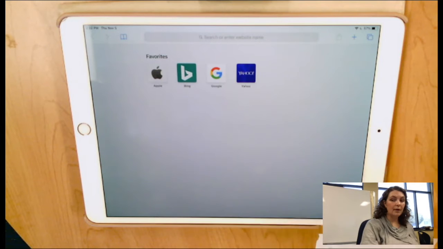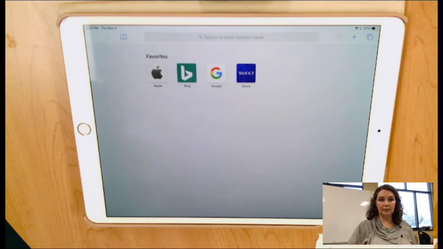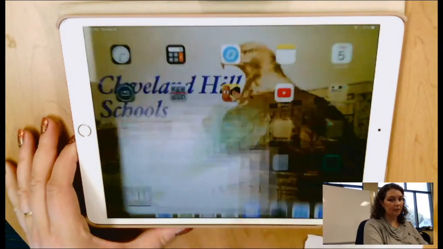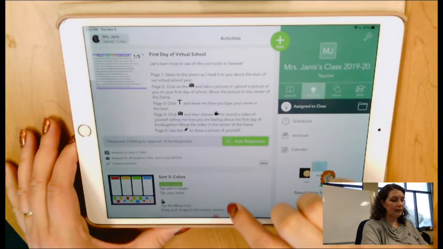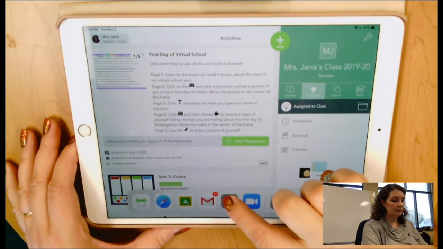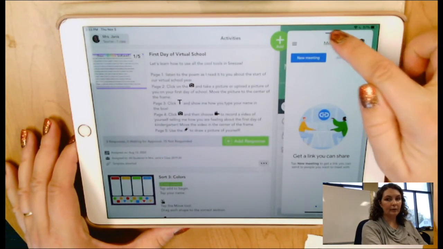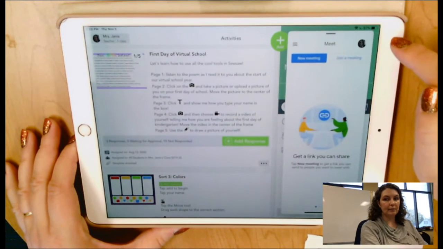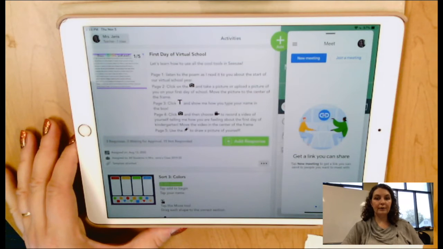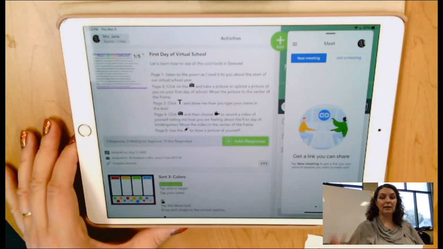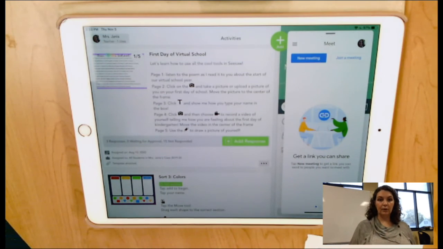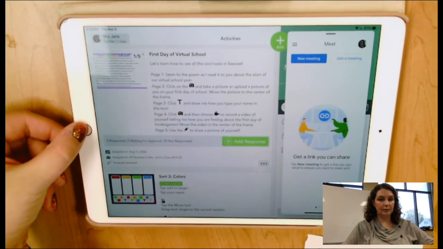I have to tell you though, the one app that doesn't like to do this in the side-by-side mode is Seesaw. So if I actually tried it right now, I can open up Seesaw, I can get my dock, and I can get my Google Meet to lay over it, but Seesaw will not move out of the way the way Safari did for it to sit side by side. It does not want to do that. So if you are going to use Seesaw at the same time that you're on with your teacher, just know that the Google Meet or the Zoom will have to be on top of it because Seesaw will not shrink down the way that the other applications will. All right? If you wanted to exit these, you can just press the home button.